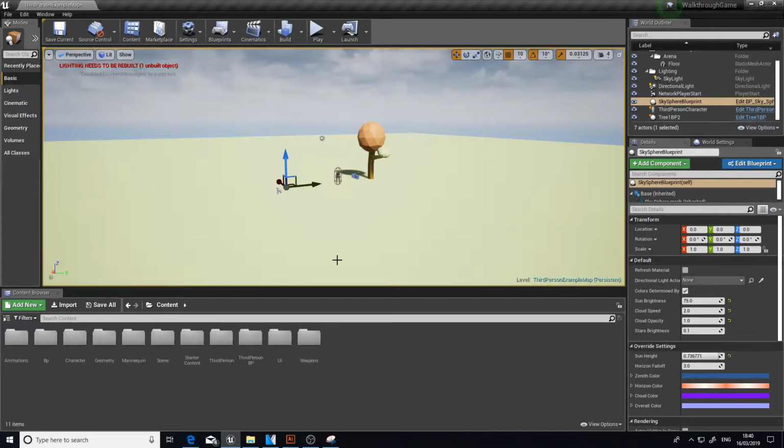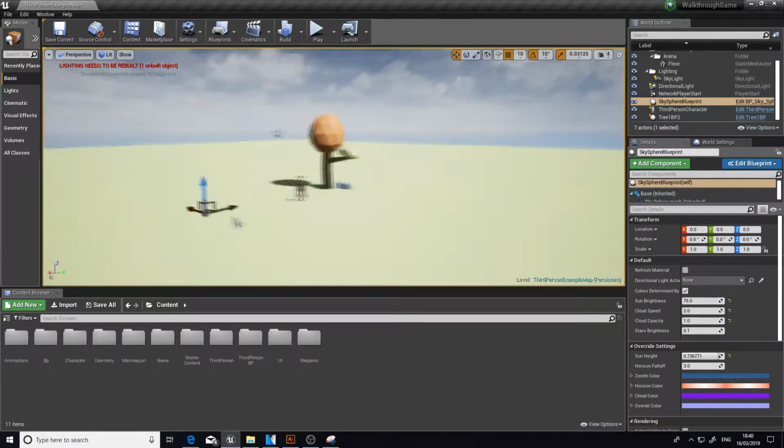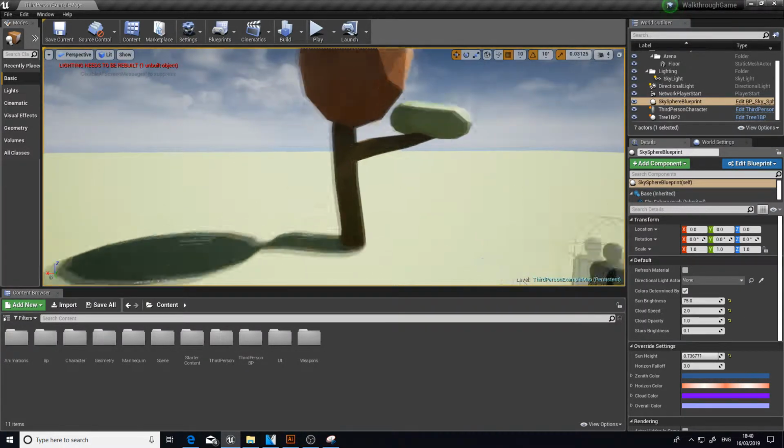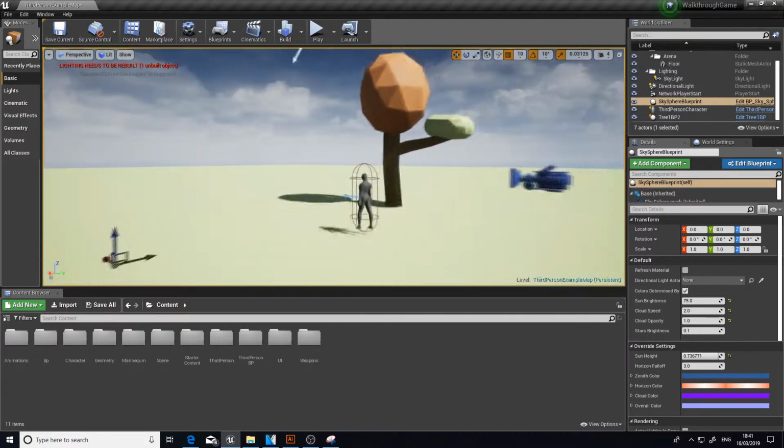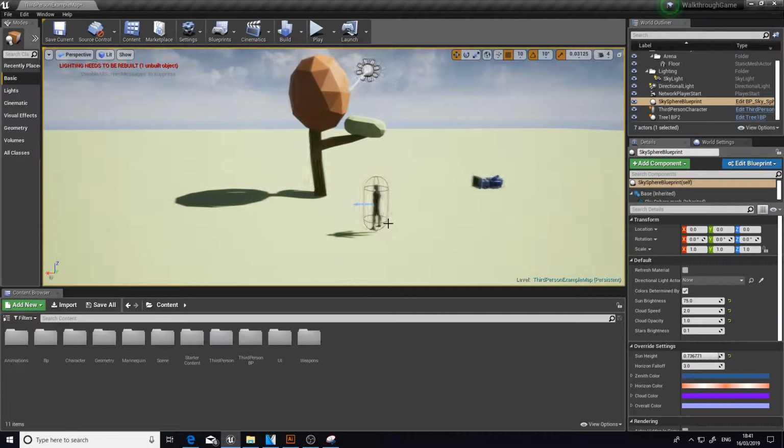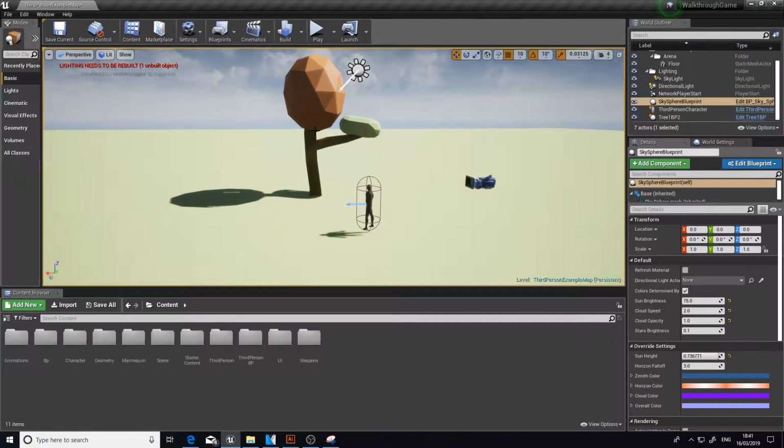Okay guys, welcome back to the next episode of our Unreal Engine LowPoly series. Today we are going to be making the character able to hit a tree, and the tree will get destroyed. So what we're going to do first is go into the tree blueprint, which we can get to with edit blueprint,